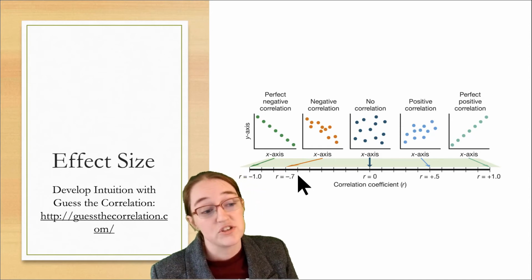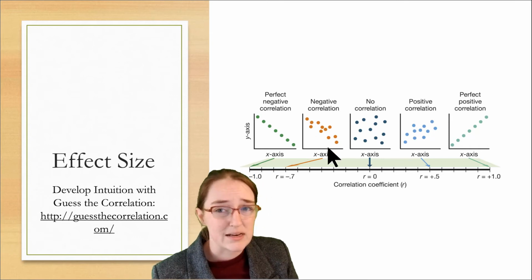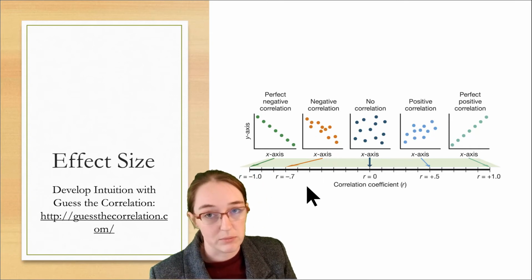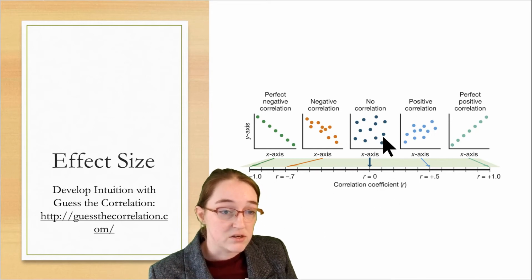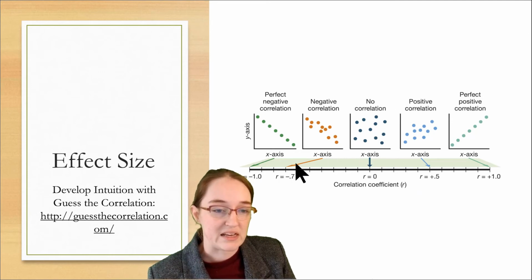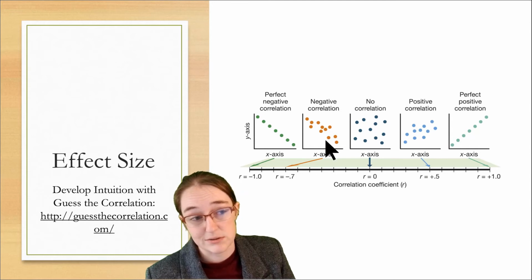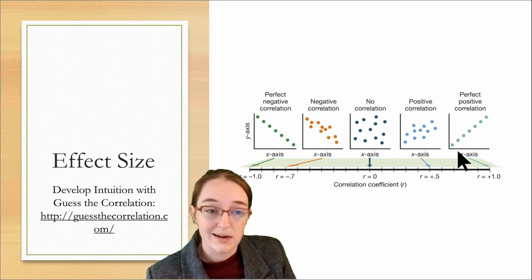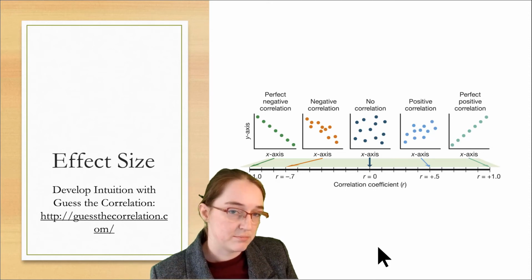A negative correlation of -.7, pretty close together. I know you've seen these. I'm just hammering it home again because it's helpful. No correlation, there's no noise here. It's just a square blob. You could try, but there's no systematic line. Here, 0.5, the dots are pretty close together, not super close, not as close as this guy. And here's perfect correlation, the dots perfectly lined up.